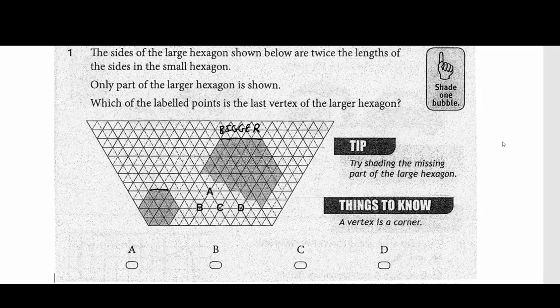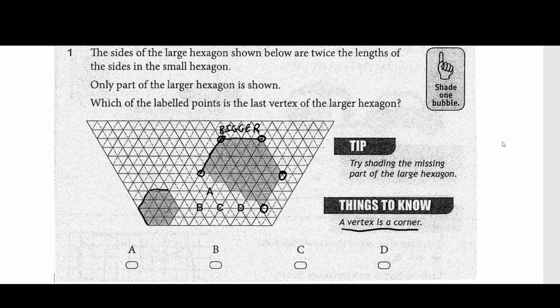Okay, now we need to figure out where the last vertex is, and the vertex is a corner. So there's a vertex, there's a vertex, there's a vertex, there's a vertex, there's one, and we need to figure out where the other one is going to go. Okay, so let's draw it in. So we've got, it's 1, 2 there, so we're going to have 1, 2, 3, 4 there, and this way